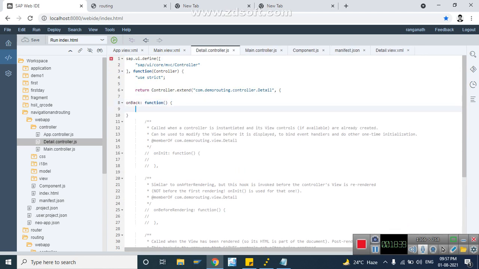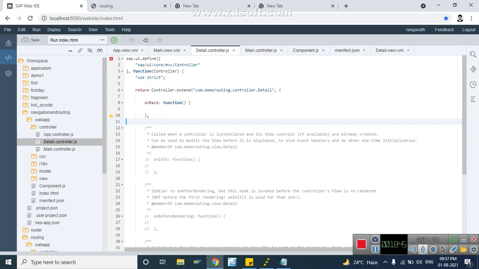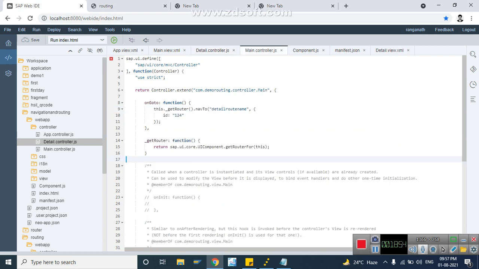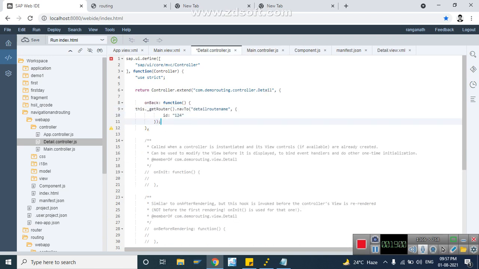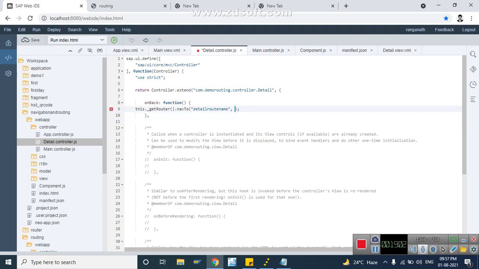Okay, and then again when we go from main to detail view, and when we want to come back, then again it should go to main view. So for that the syntax will be the same. Just copy this and give it here, but we don't have any parameters, we don't need them. You can also remove that.